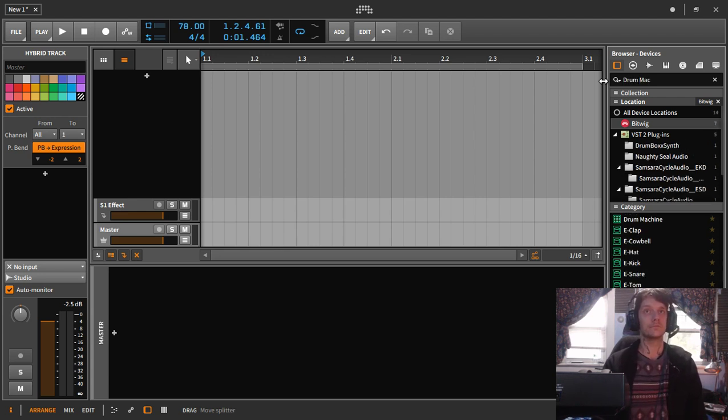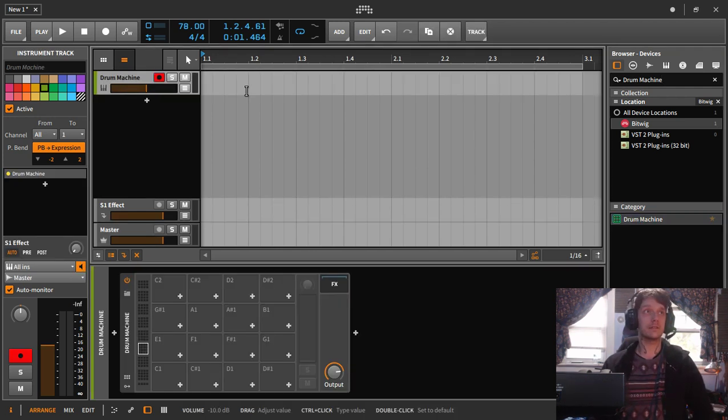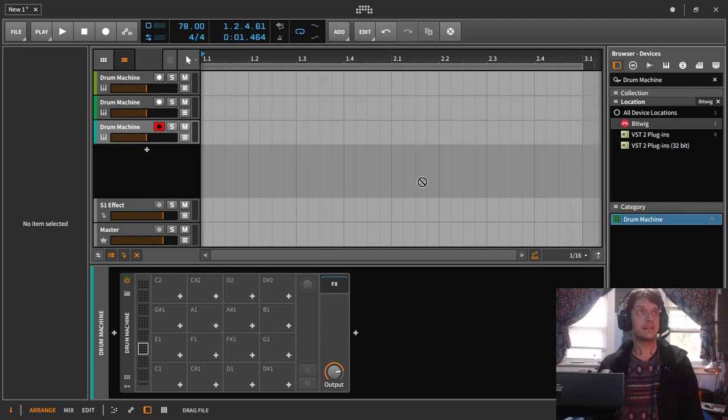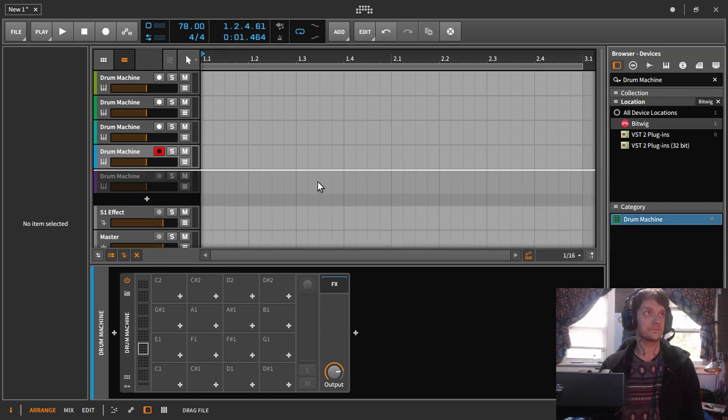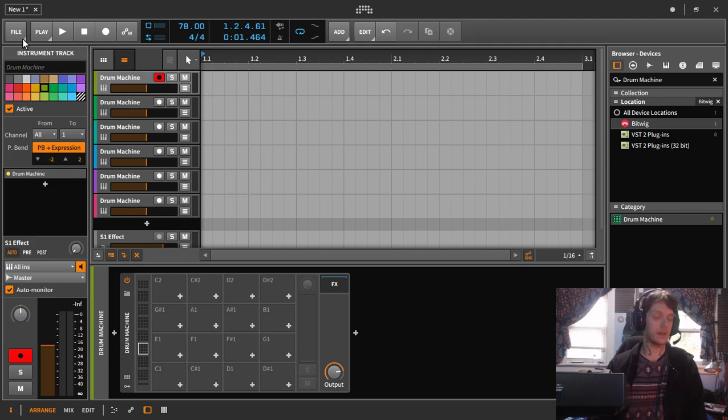So Bitwig introduced this new grouping factor, which, I mean, it's not that this method is perfect either. So what we're going to do is we're going to actually load in several drum machines. And then what I would do here is I would have my sub kicks, my regular kicks, my snare, clap, snap,